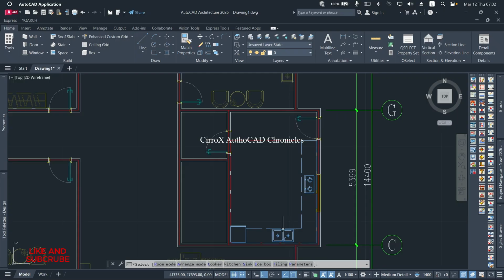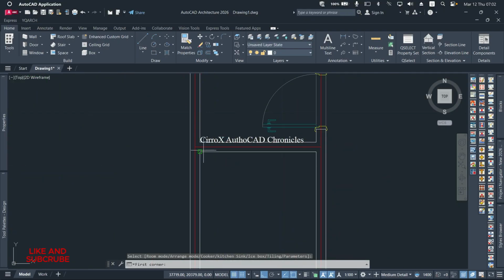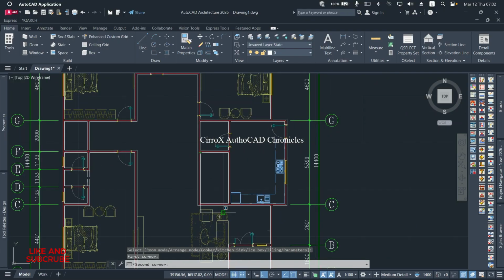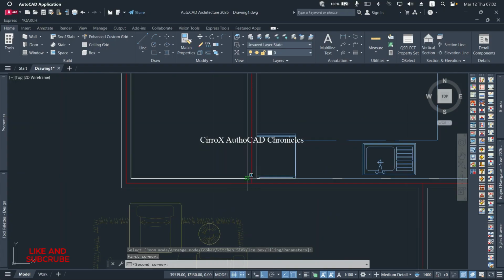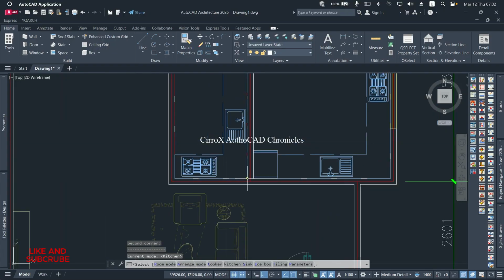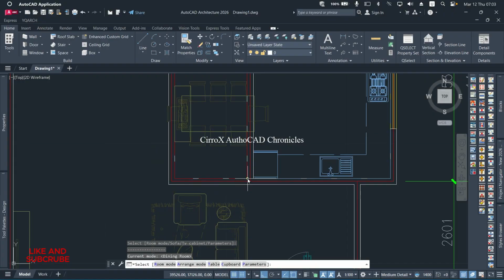Alright, so tiles T, I'm going to turn that off, and sink and gas hook. Alright, so I think I'll go with this, and also change here. This is my dining room, so I'll go with the dining room mode, going to be dining. Alright,